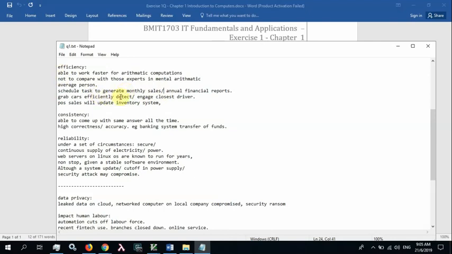Efficiency also comes in an example where Grab cars are able to assign the closest drivers to any requesting customer. So they are able to get all this information, aggregate all this information. Where are their contacts at any given time? The drivers, where are they? They are even able to monitor and project it onto your handphone. You have to install the application on your handphone, of course. Now, yeah, this is one fine example. Or your POS, a point of sales system.